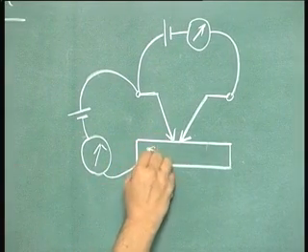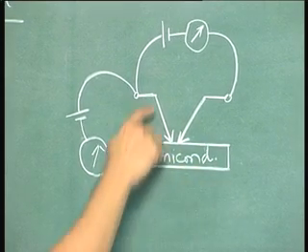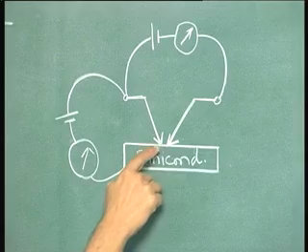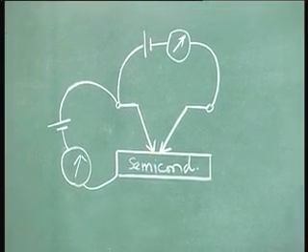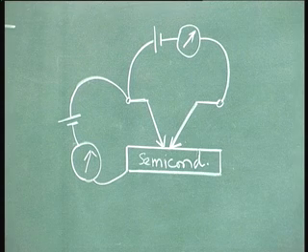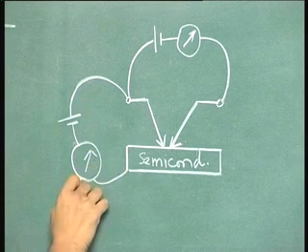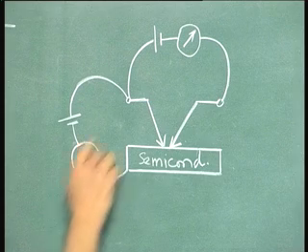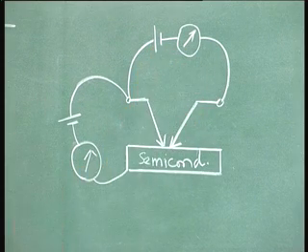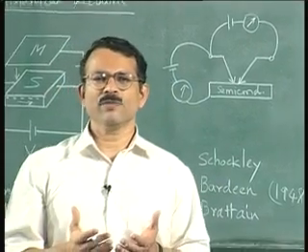So this is the semiconductor block, and these are the two contacts in very close proximity. Now what they found when they were trying to measure the currents in these two loops is that a change in current in this loop was inducing a large change in current in this loop. Now they realized that this is some kind of a transistor action that they were looking for.